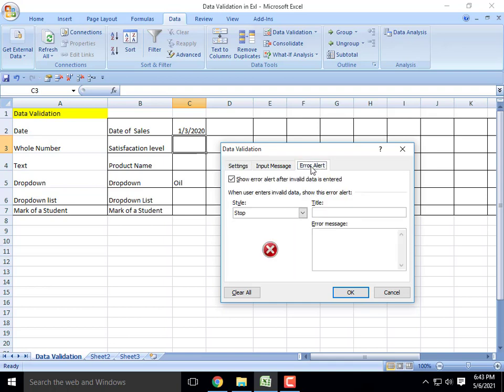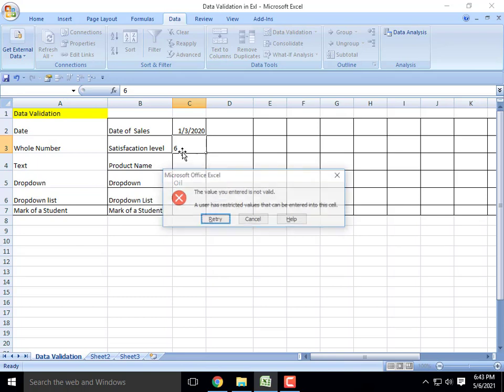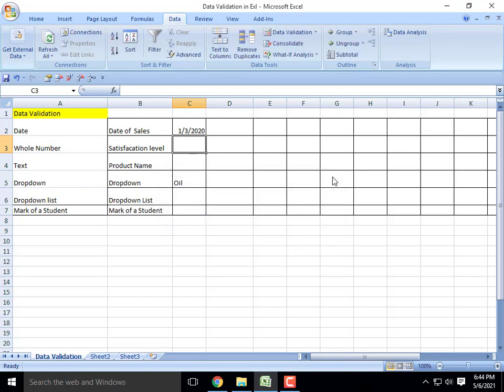Then there are the error alert and the input message tabs. Suppose you want to give an input message, you can give one. In the same way, you can give an error alert. Suppose I enter 6 here, it will not accept, and you get an error message. So 1 is accepted, 5 is accepted, 3 is accepted.